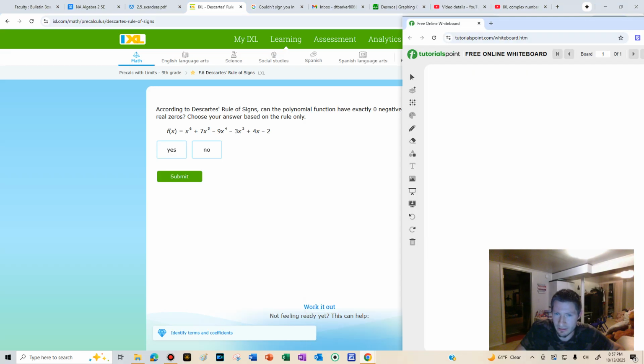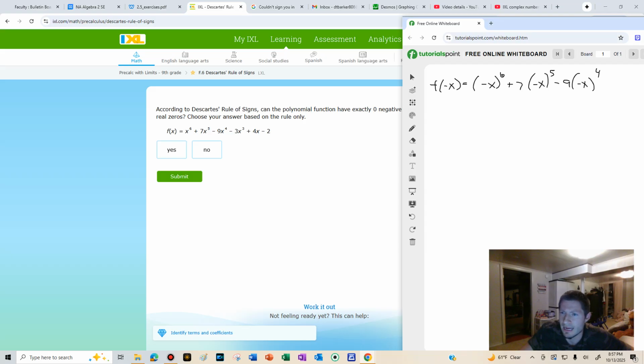To check the negative real zeros, if this was a polynomial out in the wild, you would have to do both of these if you're checking each one. You would have to check, not f of x, but f of negative x. Now you're checking the sign changes for f of negative x, and sometimes they won't change. Everywhere I see an x, this tells me to put a negative x. So I'm putting a negative x here, plus 7. And maybe you might be thinking, why can't I just change them all to negative and be done? Because